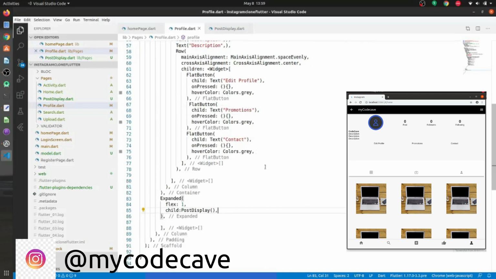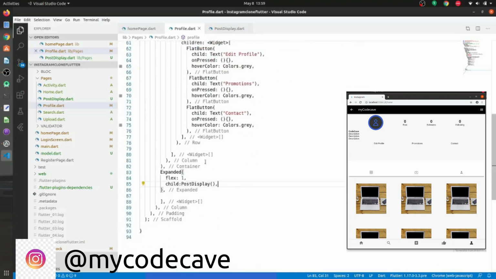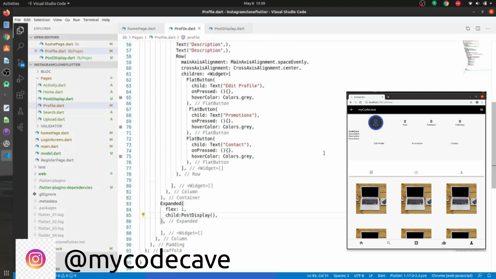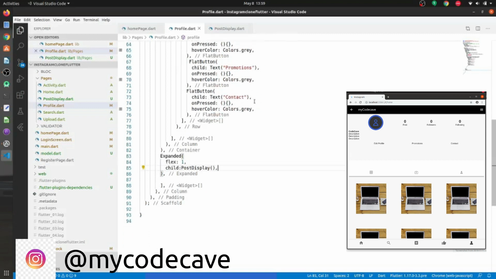After that we have expanded, which is just a way to show the posts that we have uploaded. I have not added the scroll part, where when we scroll up the edit profile button and the description move up. I have not added that feature, but in future I will.